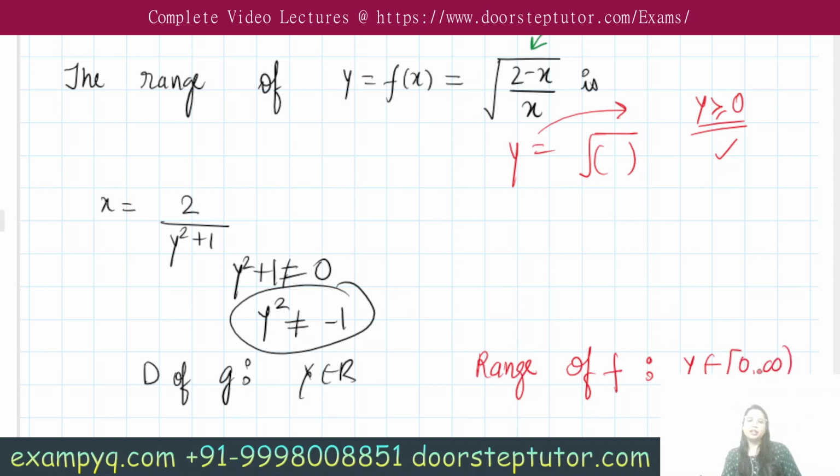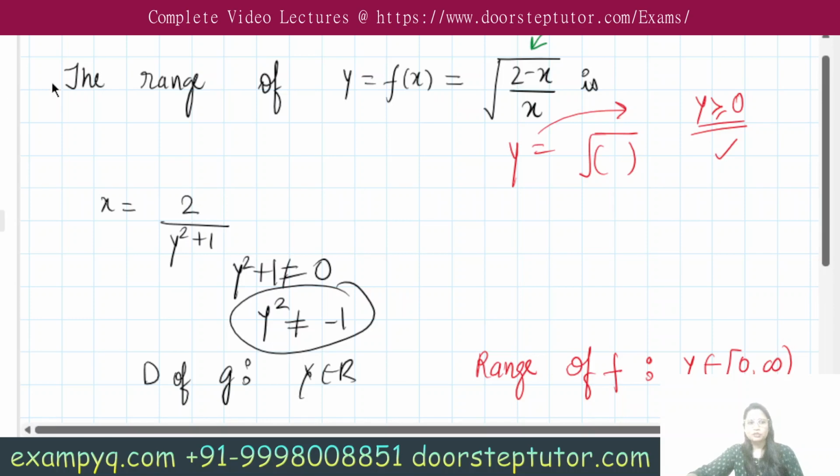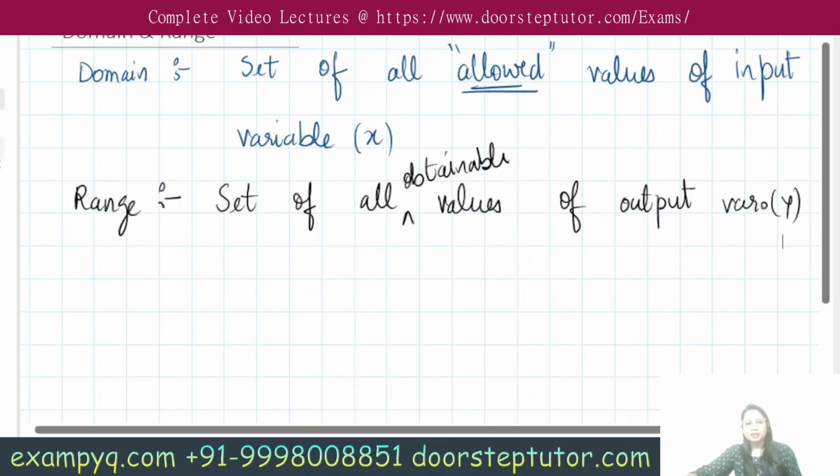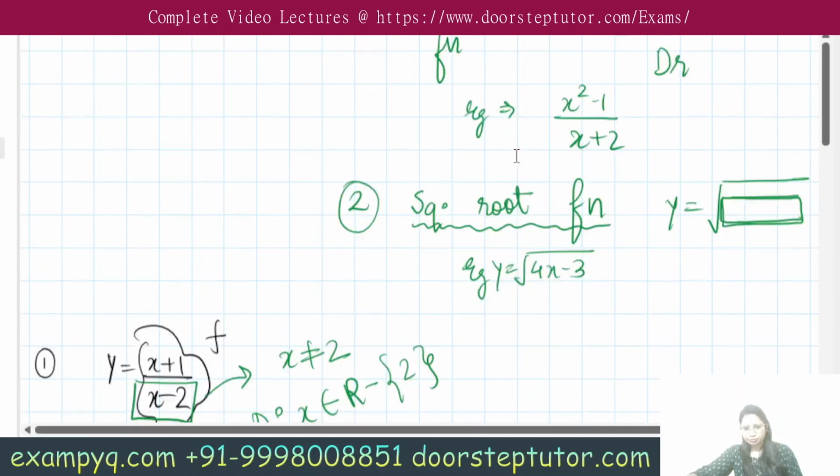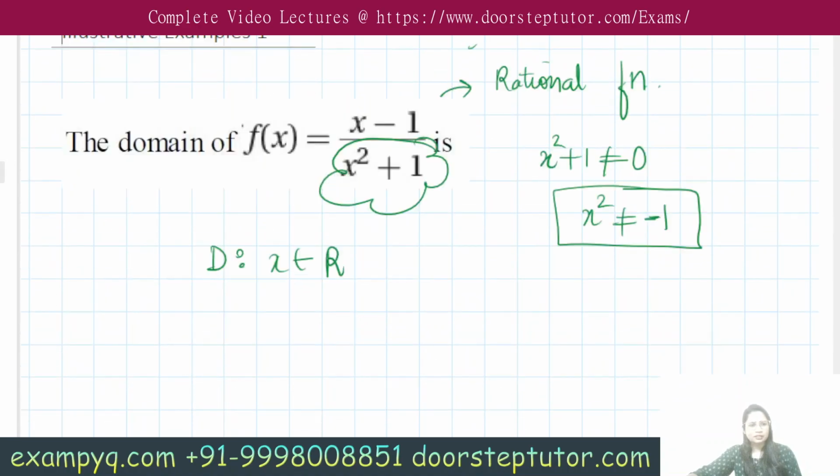Okay, is the process clear? Because it's kind of a manipulation, like in the domain discussion also we had seen that we were getting an incorrect result. Let me just take that to